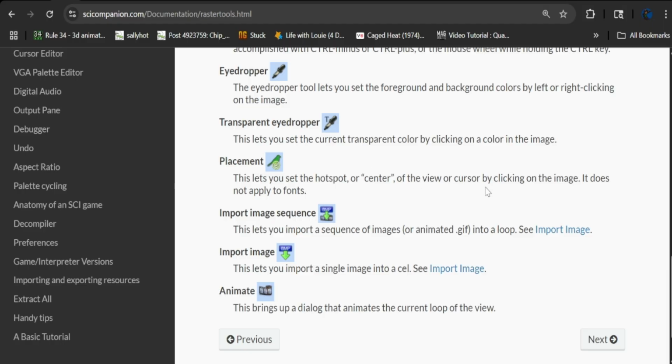Placement. This lets you set the hotspot or center of the view or cursor by clicking the image. It does not apply to fonts. So yeah, this is kind of important because it sets where the character will stand. And usually, if it's like Leisure Suit Larry or whatever, it'll be on the bottom, and obviously not on the top because he stands on his feet, not his head. Anyway,